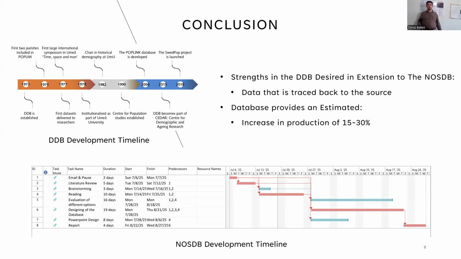And our database provides an estimated increase in production of 15 to 30%, error reductions of 25 to 50%, and a training time reduction of 40%. So this is great, and this helps us